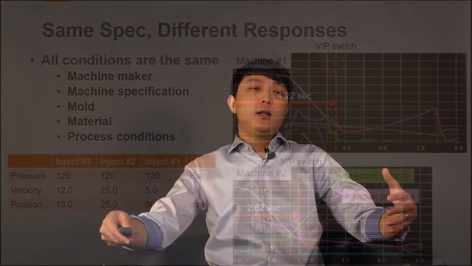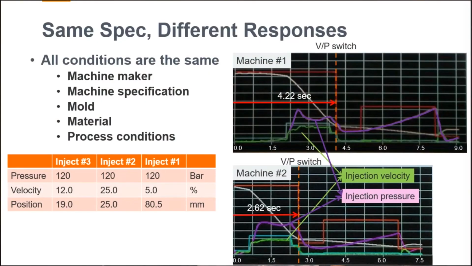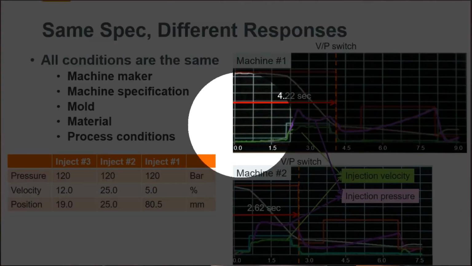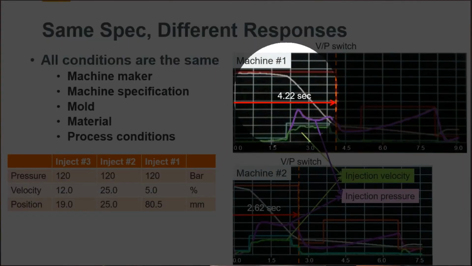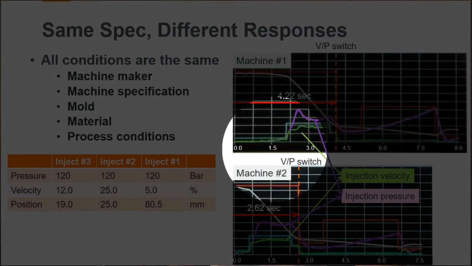Now, the customer might ask, if I have the same machine, the same spec, with the same machine maker, and I use the same mold, the same material, the same process condition, shouldn't they behave the same? Do I really have to do machine characterization for each one of them? So here we have done a test with two identical machines. Machine number one, the VP switch is at 4.22 seconds. Machine number two, the VP switch is at